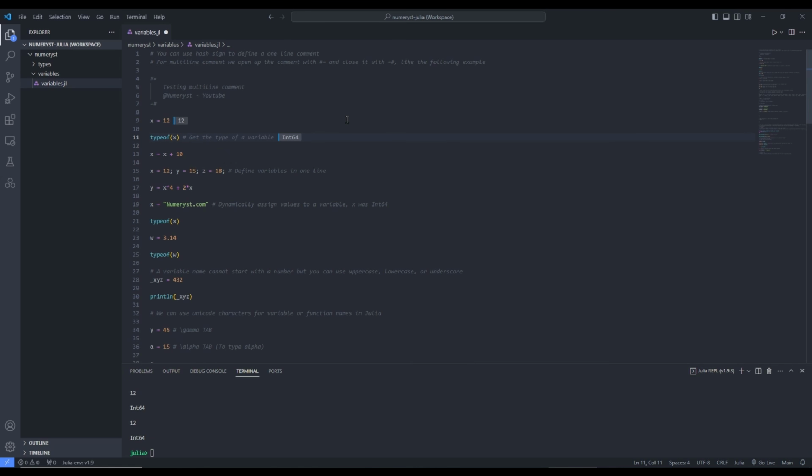Over here, we can assign another value to x by manipulating the variable that we had defined before. x is equal to x plus 10, as you can see. We can define several variables in one line. x is equal to 12, y is equal to 15, and z is equal to 18. We have assigned several values, 12, 15, 18, in one line to variables x, y, z respectively. And y is equal to x power 4 plus 2x is another way of manipulating variables